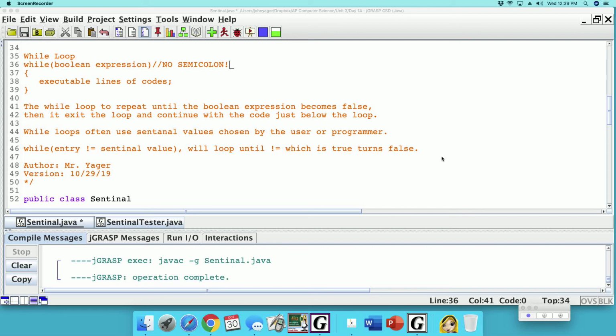Okay, the Sentinel program, part 2. Well, let's learn about a while loop and how it uses a Sentinel value to run. So if you look at line 36,